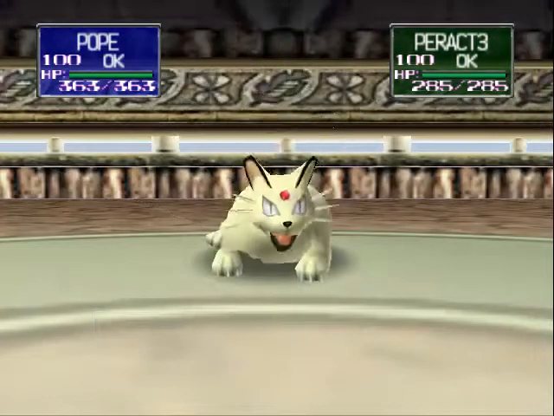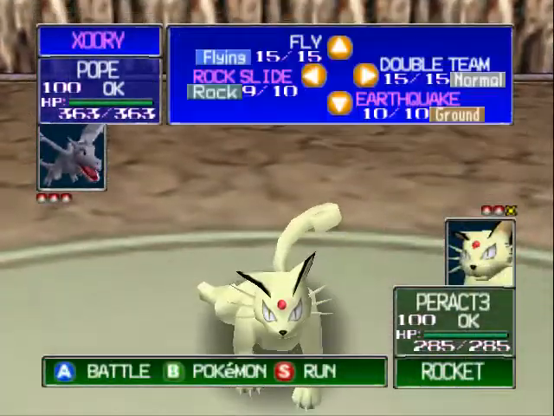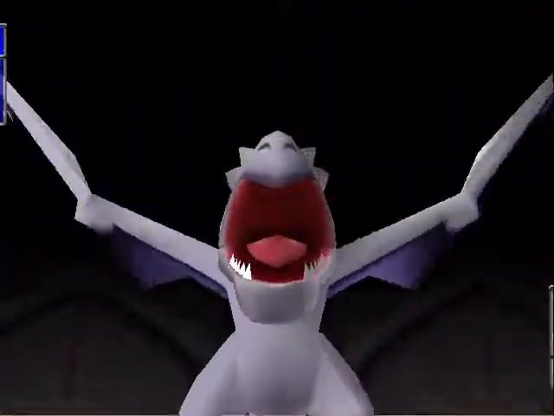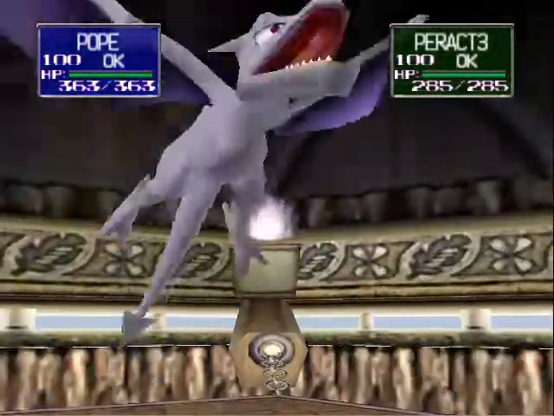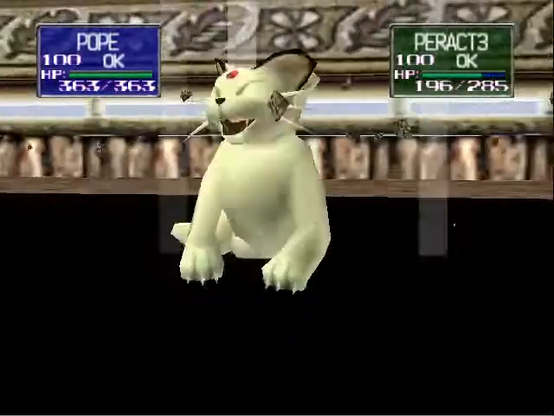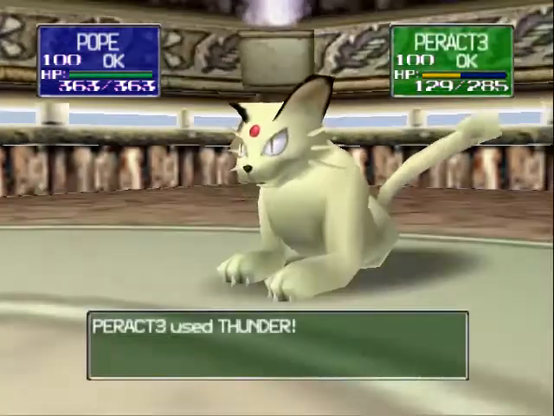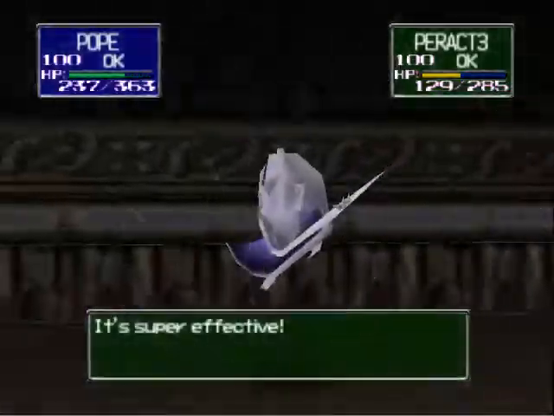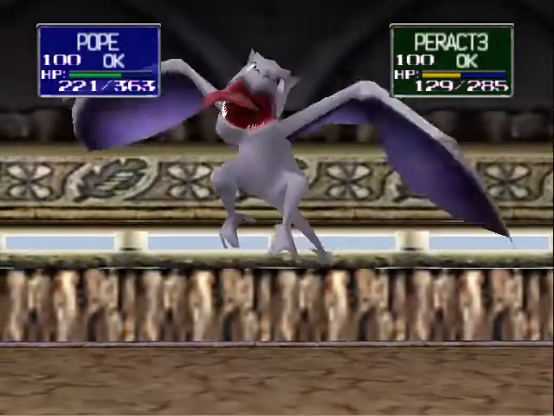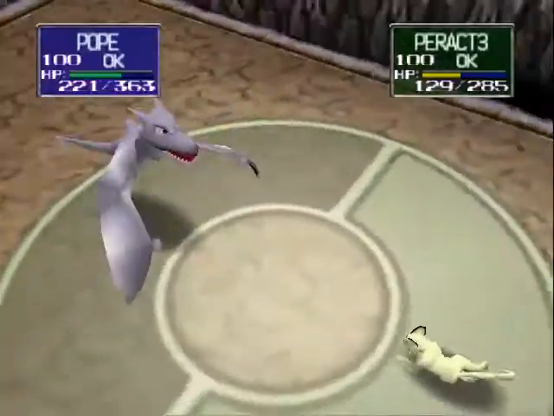Anyway, this guy's next Pokemon is another really good Pokemon, another overused Pokemon in this generation, Persian. Of course, Persian has the huge speed stat, but it's not going to be better than Aerodactyl. Persian gets that Slash, but it's also got pretty good special too, and it knows Thunder here, and that's going to be super effective. Luckily, Persian's special is not the greatest. It is decent, but it's not the greatest, and you have to remember here that Pope here has got very